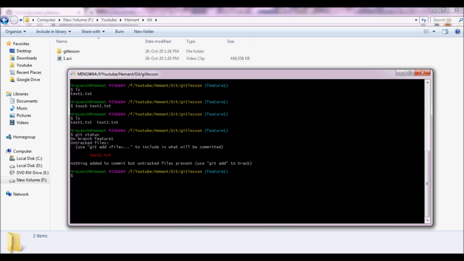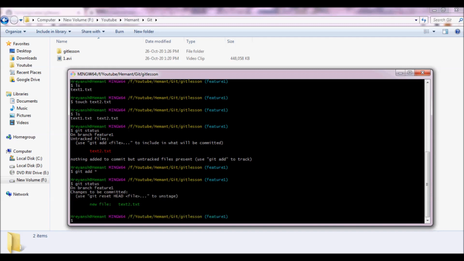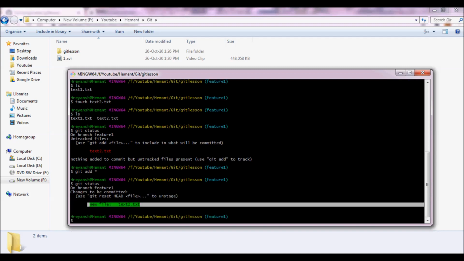So what we have to do to get it tracked by git is git add text2.txt, or since only one file is there in untracked, we can use git add star. Okay, so if you want specific files, you can use the file name. If you want whatever is there in the untracked to get added, you can use star. Okay, and enter. So now let me do git status. It would show this file in green. That means it is a tracked file. You see this? So now this file is tracked.